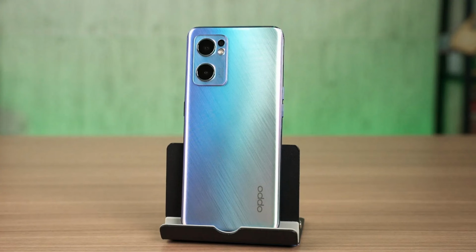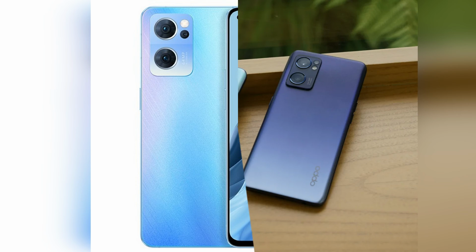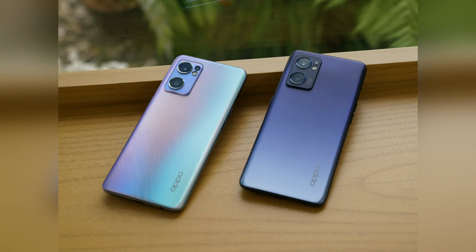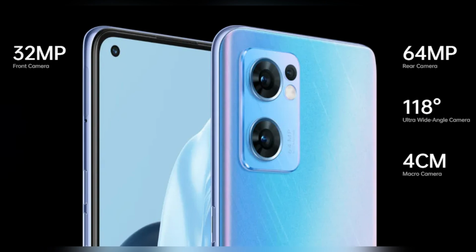OPPO Reno7 review, verdict. The OPPO Reno7 5G lacks the more premium design of its Pro sibling, our review here, and also gives a miss to that pretty light-up camera module. But for around 10,000 rupees less, it offers better value for money. The Dimensity 900 chip shows around 50% lower benchmark scores than flagship models, but performs just as well in day-to-day